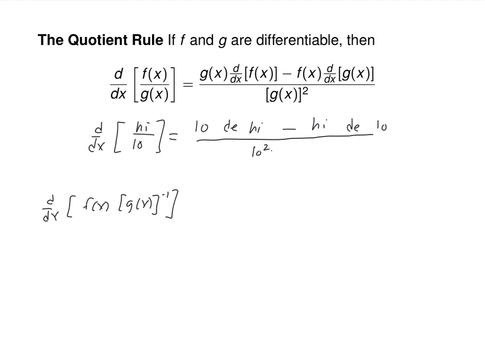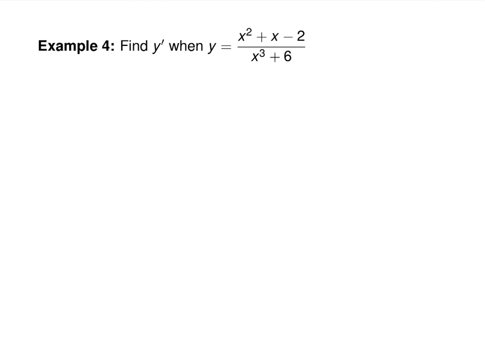All right, so I'm not going to prove this one because I proved one of them. So find the derivative of this thing. Okay, so y prime will be, and my little silly rhyme helps. So low means leave the bottom one alone. So that is x cubed plus 6. So low d high means take the derivative of the upper one, which is 2x plus 1, great. So low d high minus high, which is, d low, which is 3x squared